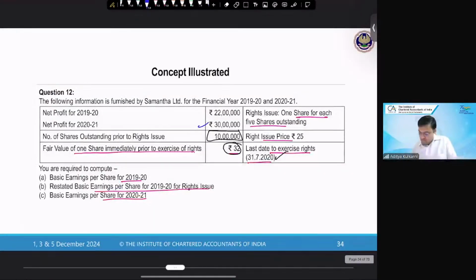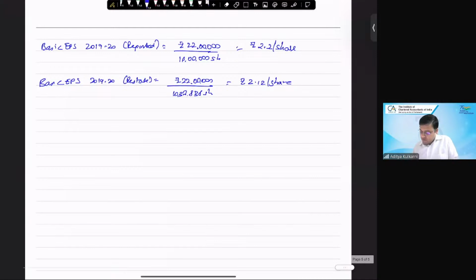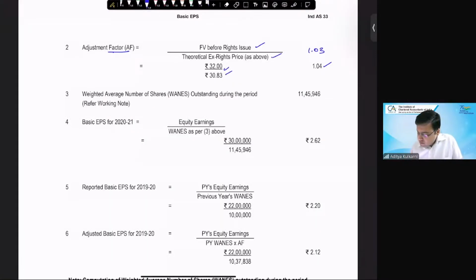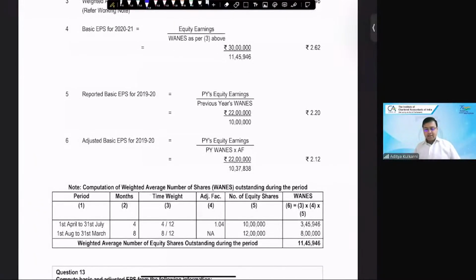1.037838. You will get this as the adjustment factor. Yes, sir, this is what I am getting. What is this 0.037838? This is nothing but the bonus component that we have computed. It is restricted to 2 decimals, that is why you see 1.04. So when I come to my weighted average calculation, number of shares, 4 by 12,